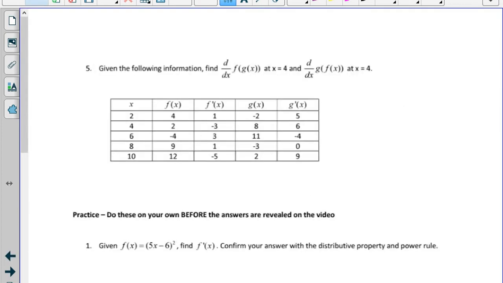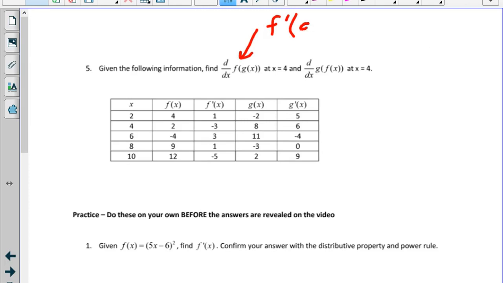We're given all this information, and that's a giant table. Find the derivative of f of g of x and the derivative of g of f of x. So basically, when you see a table problem, this is testing whether you actually know what the chain rule is without functions going on. So conceptually, we need to understand that the derivative of f of g of x is